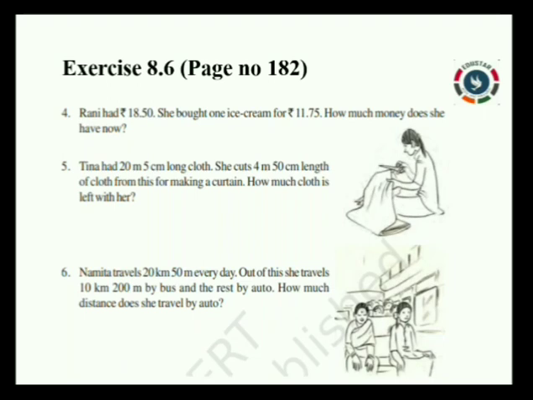That's it, students. We have completed decimal chapters, and for homework take page number 182 in your NCERT math book, exercise number 8.6, question number 4, 5 and 6. These three sums you have to do in your math homework notebook. These three board problems are based on decimal subtraction.